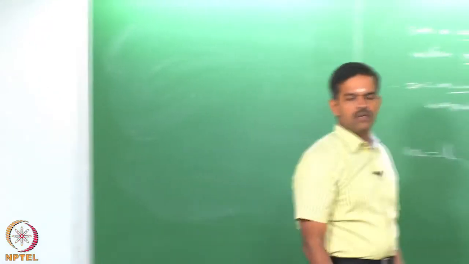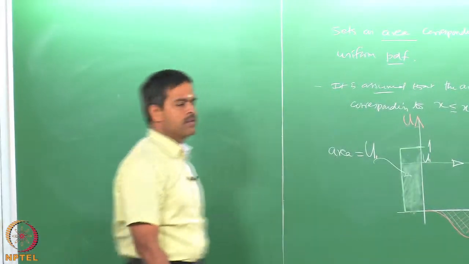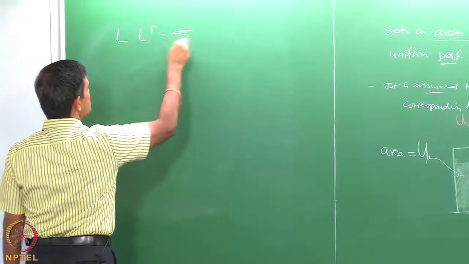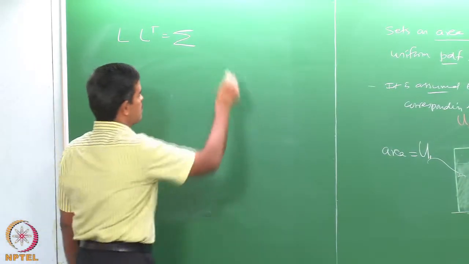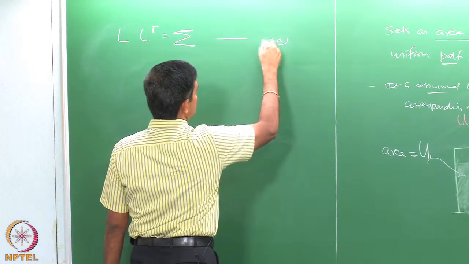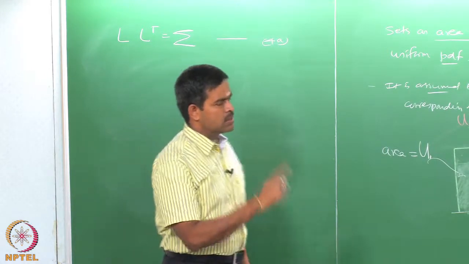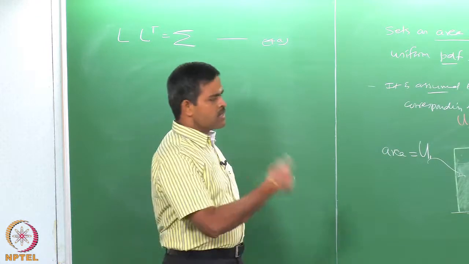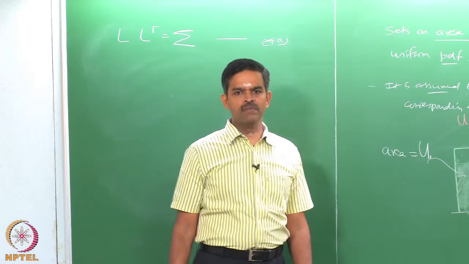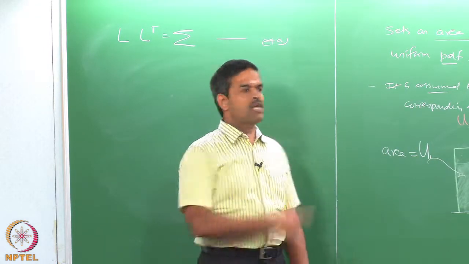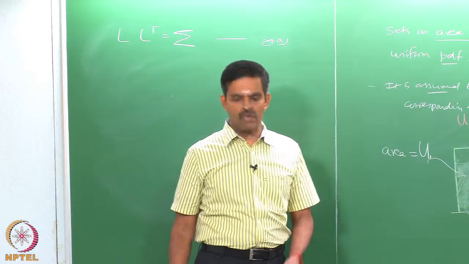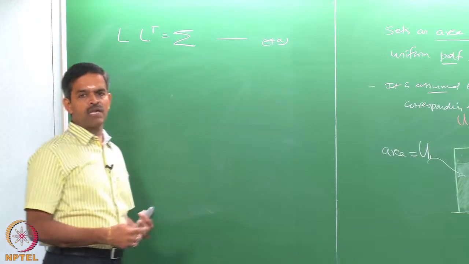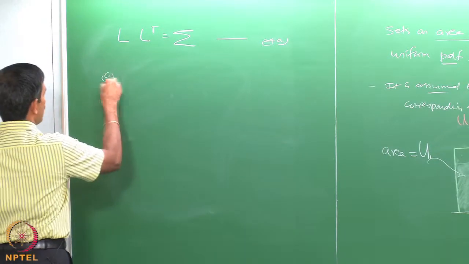That is, one has to fulfill the requirement that L L transpose should be the covariance matrix. I call this equation number 4a, just in continuation with the set of equations written there. Now, you have to repeat this procedure n number of times for how many variables you want to generate as multiple random variables. There is another way by which you can generate random variables, that is what we call nataf